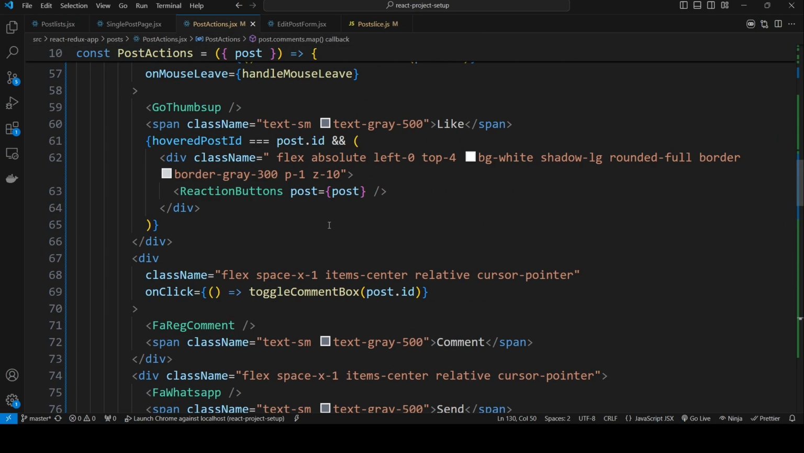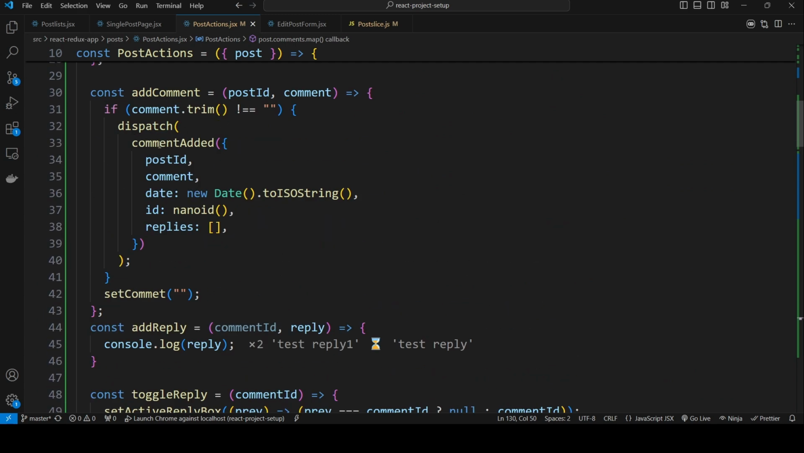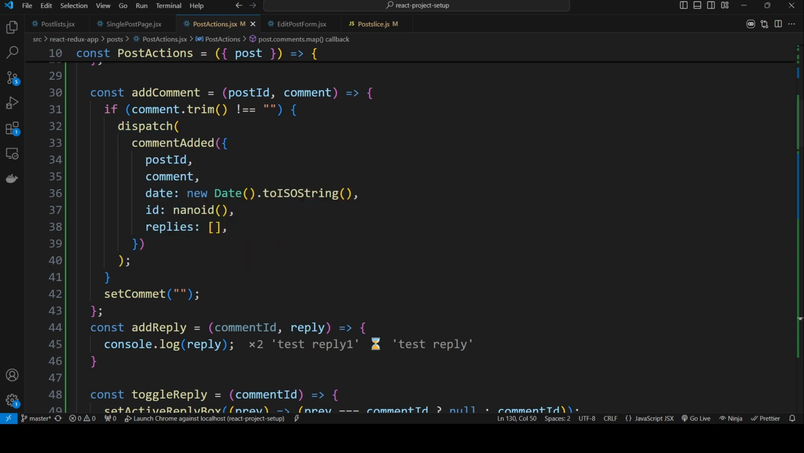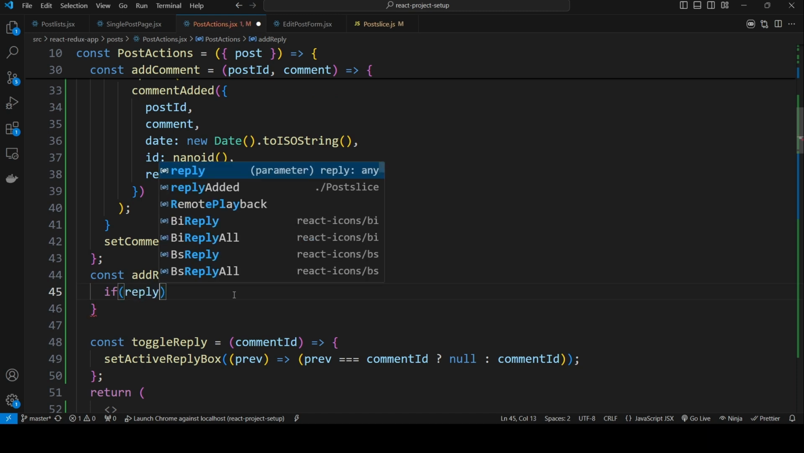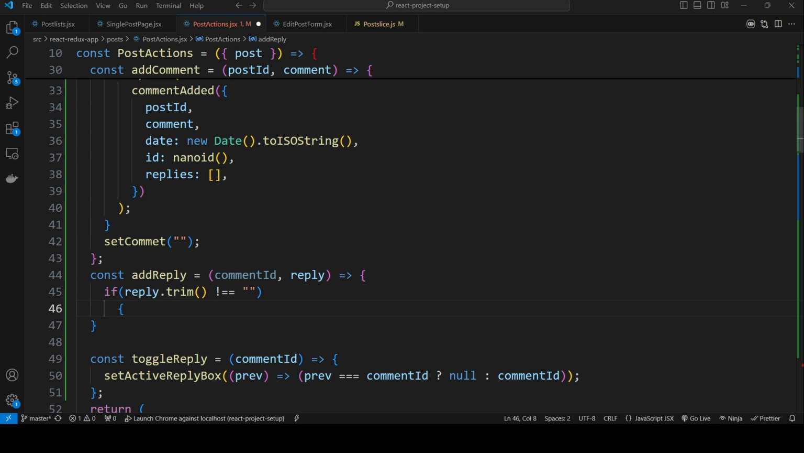Let's go to the add reply method. Inside the add reply method, in the similar way how we dispatched the action comment added, similarly we dispatch reply added. We should actually check for a condition before, in the similar way how we did it for comments. If reply is not equal to empty, then we should handle dispatch of